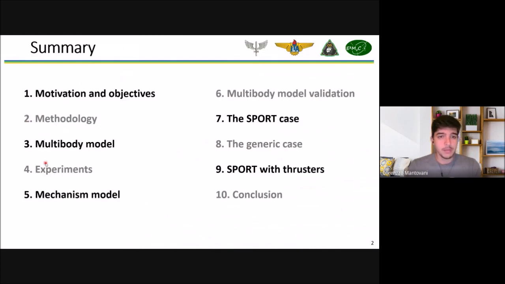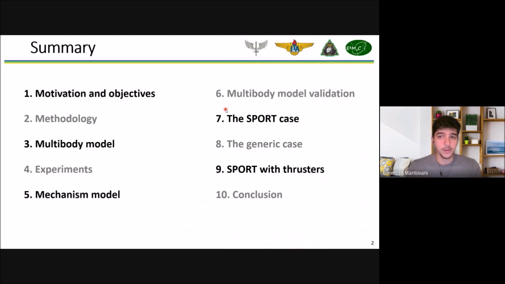Later, I will talk about the multi-body model we used to simulate the sport satellite and its booms, and some experiments we used to collect some experimental data. Then the mechanism model we developed to represent the boom's deployment mechanism. With all these models, then we validated them using a commercial software, and then I will present three distinct result